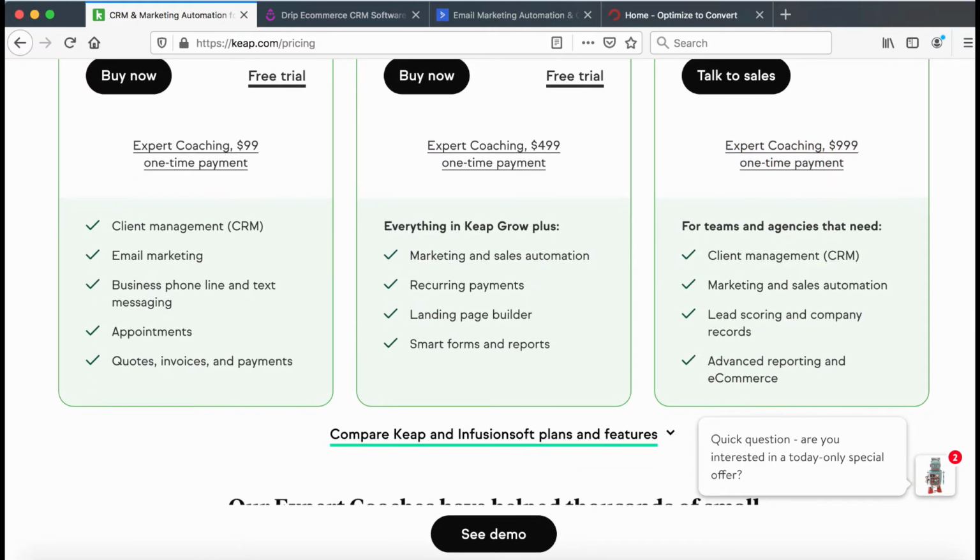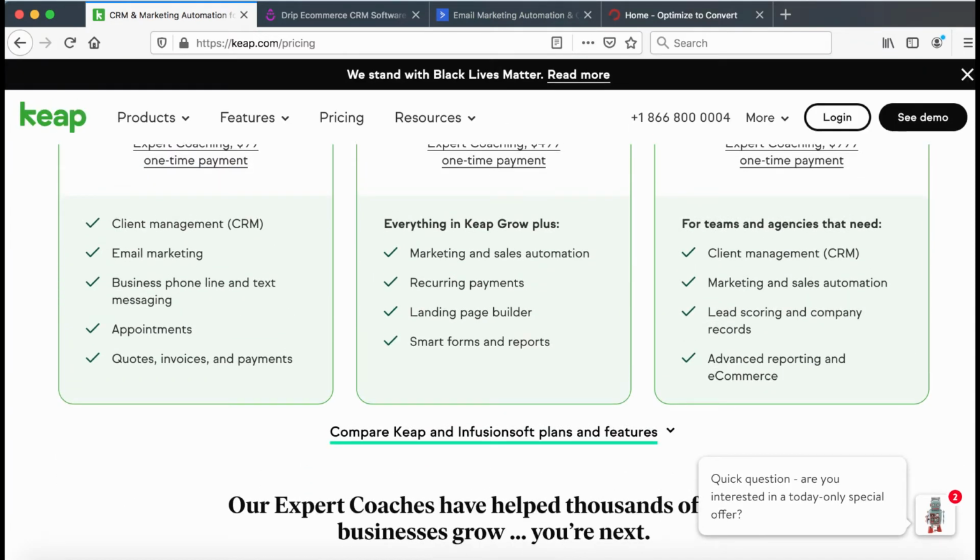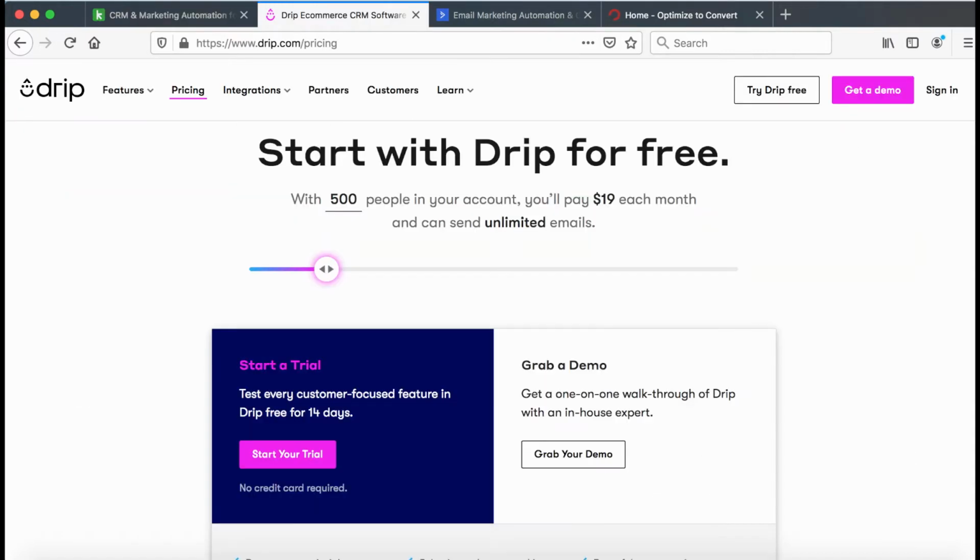But at the same time, I'm not going to bash on Infusion, because if you actually are using the CRM, sales automation, actually marking and scoring your leads, and you have call center stuff, I mean, it's a very robust CRM, right? But when it comes to this review and just literally reviewing the automation softwares,